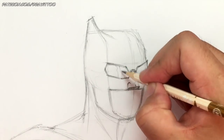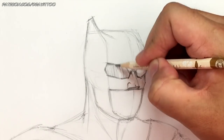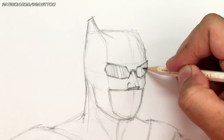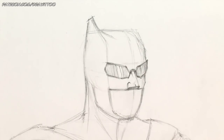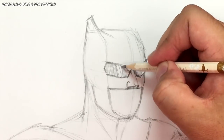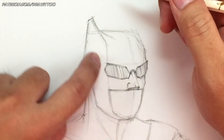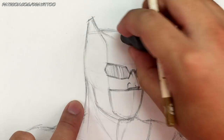Okay, 1, 2, 3, and then shade in that part. Okay, 1, 2, 3. I'm going to make it straight instead. And then shade in this side and shade in that side. There you go. So those are Batman's goggles. Now his goggles, actually before we draw this clip, this part of his goggles, so let's kind of start completing